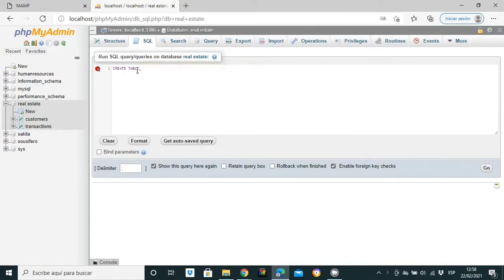Let's call it transactions2. Transactions2 as a result of the select all and the